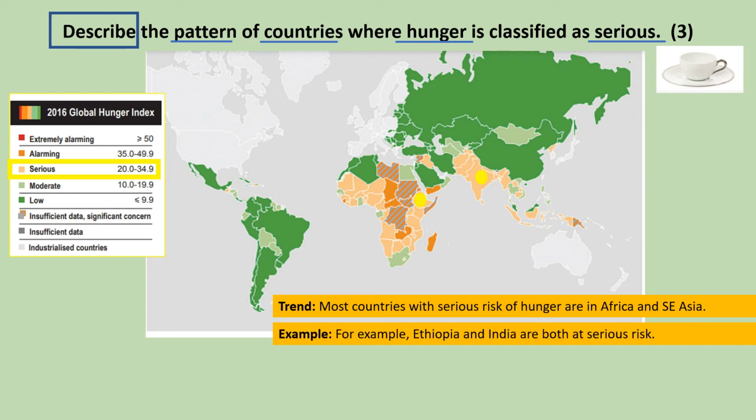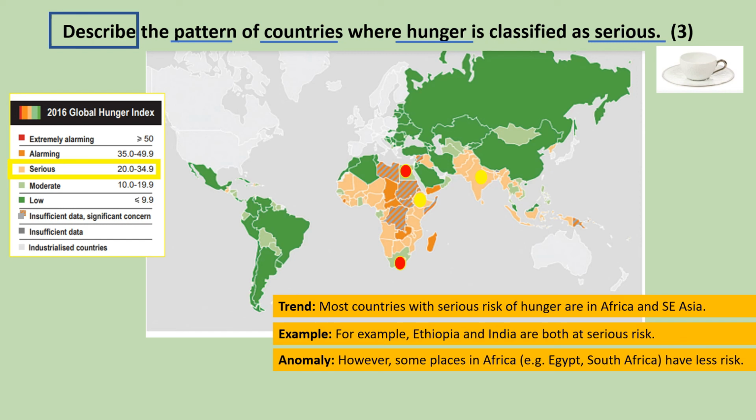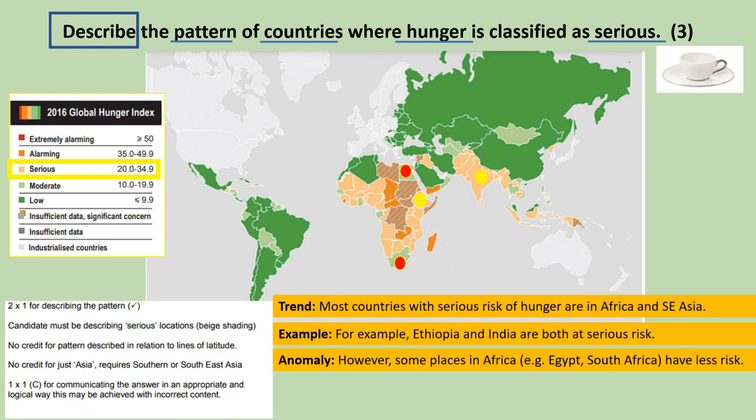And then as my anomaly, I've chosen 2 countries in Africa that are not at serious risk, and I've used Egypt and South Africa, which are considered moderate risk. So I've used Egypt and South Africa as my anomalies. So I've communicated it in a clear way, I've got my pattern, I've used some examples, and I've clearly used the key to prove that I can read